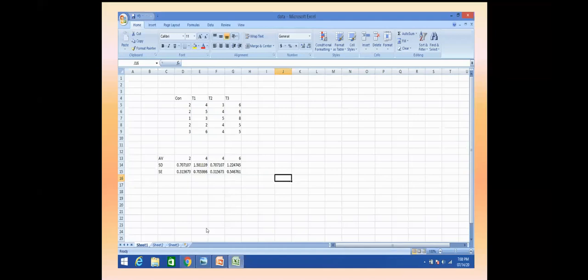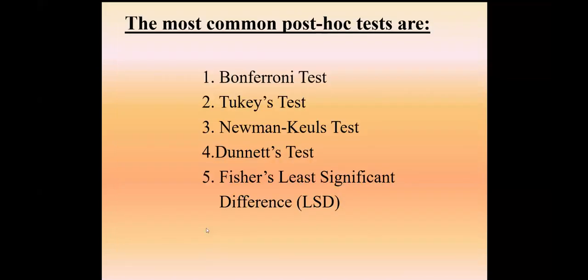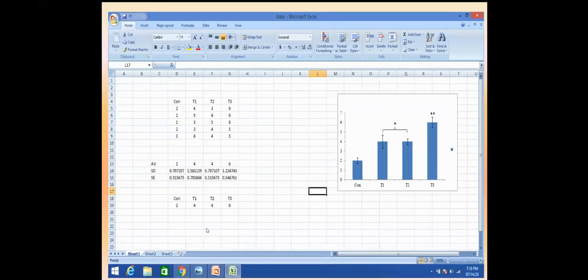graph. This graph is actually showing the mean values. Control, T1, T2, T3, based on the mean values or arithmetic mean or their averages. These columns, the bars, are constructed. Then based on standard error, one can show the bar lines which will show actually the level of standard error,